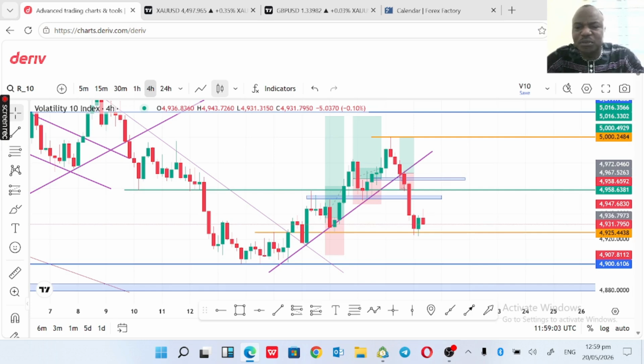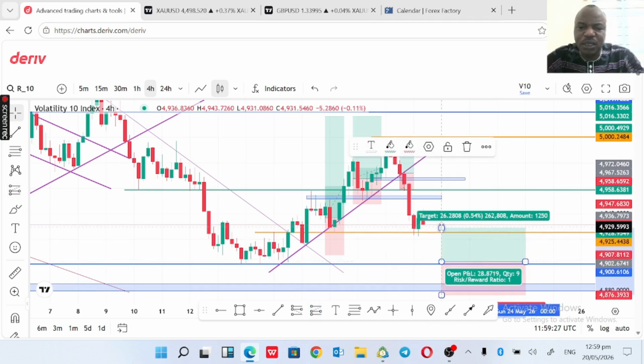So that is the trade we took yesterday. It wasn't a mistake, but the market sometimes cannot go your way all the time. For now, we have seen the direction. We are waiting for the market to drop down to the next zone, then we'll take a buy. Let me just mark the zone down so that those of us who may wish to take Volatility 10, you can have it